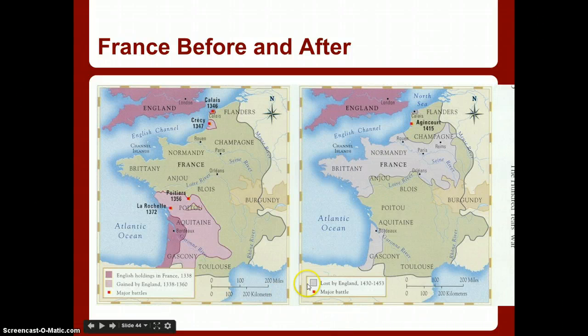And so now compare that with this map over here between 1430 and 1453. Eventually, when France becomes unified, you will see that a lot of this territory is lost by the English. So again, territory goes back and forth during this, but the important thing to note is that by 1453, pretty much all of this will be French, or what we consider to be French.